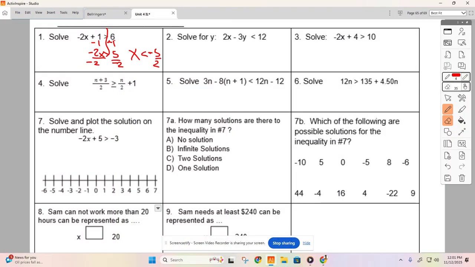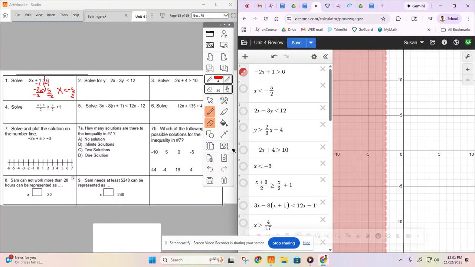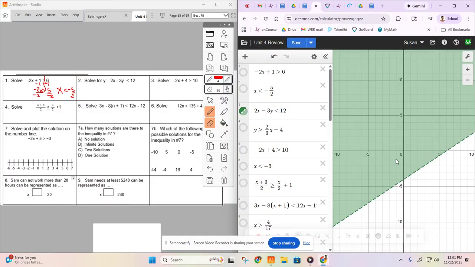For all of these, you can use Desmos to check them. So this is what was given to me. This was what I got, and they are the same graph. So I know that that answer is correct. For the next one,